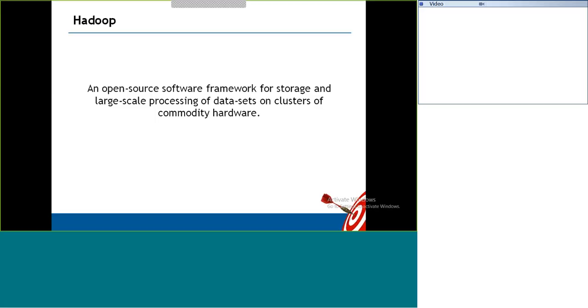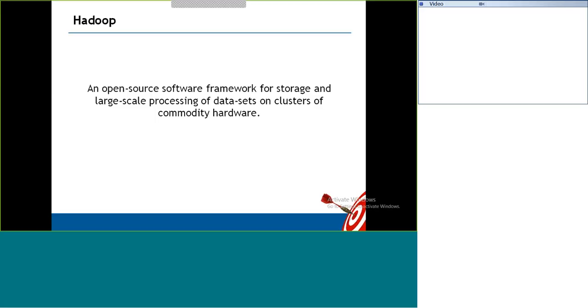Maybe MapR, they have their own file system called the MapR file system. They are not using the HDFS file system. The MapR file system is meant for faster retrieval. It is developed using C and C++, but Hadoop is written in Java. The complete Hadoop framework and all these ecosystems, Hadoop, Hive, Pig, all of them are written in Java.